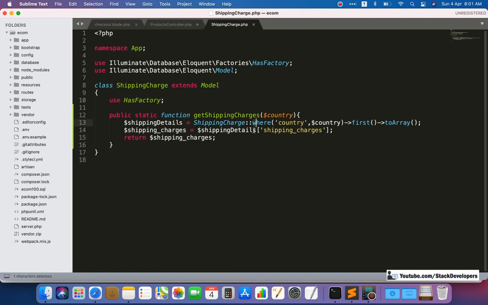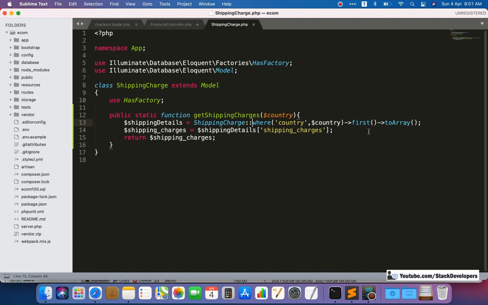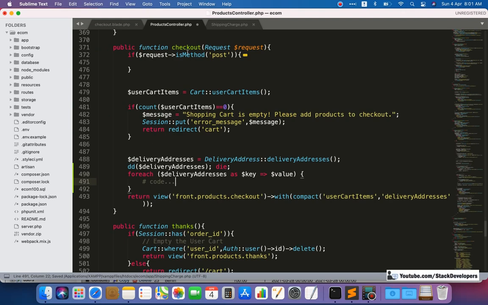Here you can do the select query as well. If we require only shipping charges, then we can also select shipping charges. It's your choice. So we are returning the shipping charges here, and now we are going to call this function in the foreach loop. So here we will do like this: shipping charges.